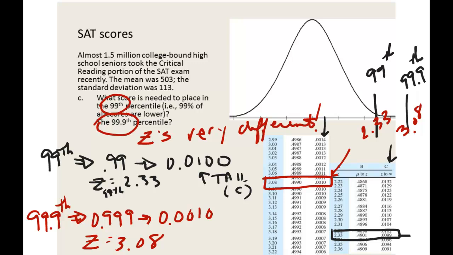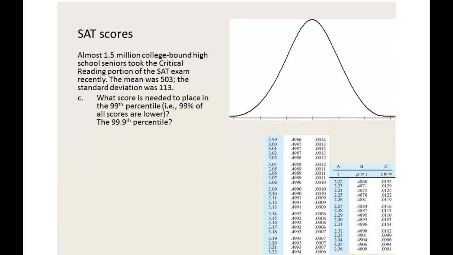If you have a z-score of 3.08, that would place your score in comparison to the rest in the 99.9th percentile. Now I erased that because I'd scribbled too much, but let's re-put in that information. I had 2.33 for the 99th percentile and 3.08 for the 99.9th percentile. Now I want to finish the problem and answer the question, what score? What score means you've got to have x equals